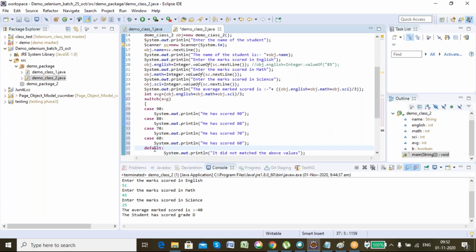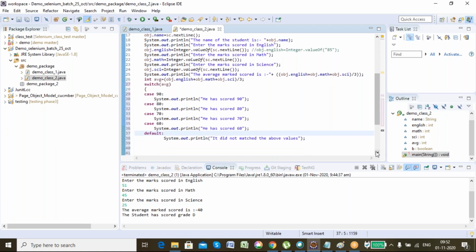Now let's see what the switch statement does. The switch statement is used to, like from the word switch only you can learn, if there is a room and it has multiple switches, whichever switch you switch on, that particular electrical appliance will run and the others will stay stopped.